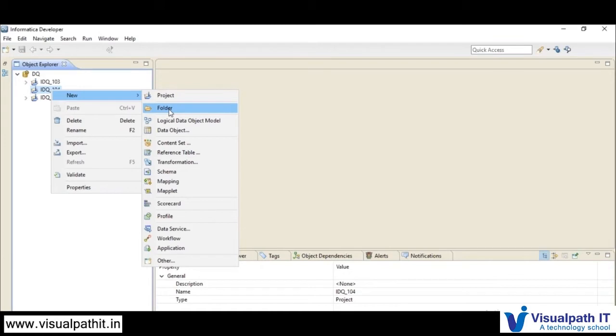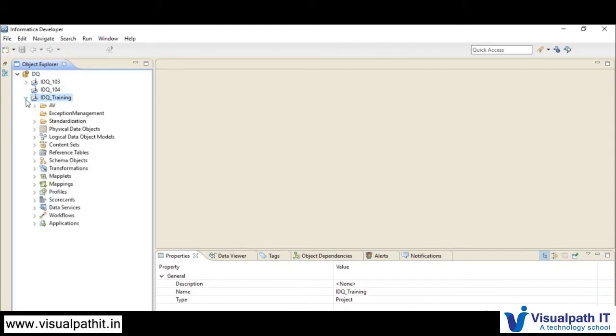Like, I am doing deduplication on customer objects which I am getting from the source. Then I will create all the data quality implementation under that particular folder, and I will add all the data objects in that folder only, and implement mappings and applets accordingly in that particular folder. That helps us to distinguish what rules we are working on.